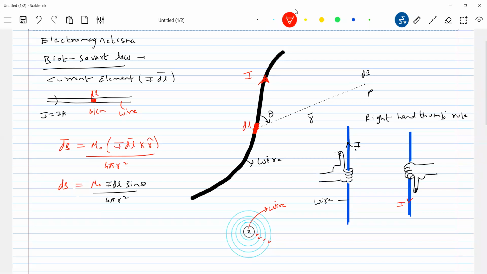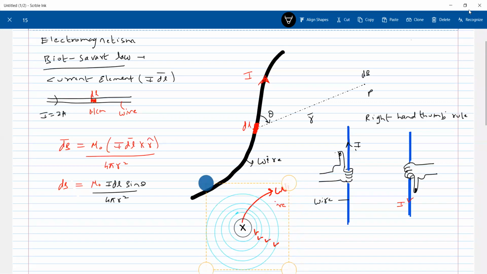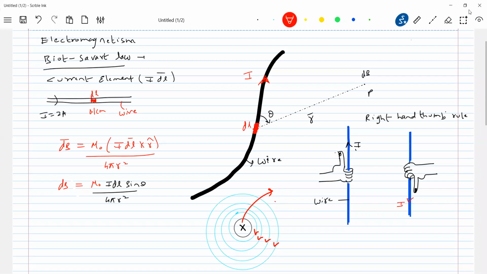If a current I is flowing through a wire, I'll magnify a little bit. Here, let me show. Find this one. There's a current carrying wire. Current is flowing into the plane, along the wire. So the lines of force will be like this. If you draw a tangent, the tangent drawn on the lines of force will give the direction of B bar. If the current is flowing out of the plane,